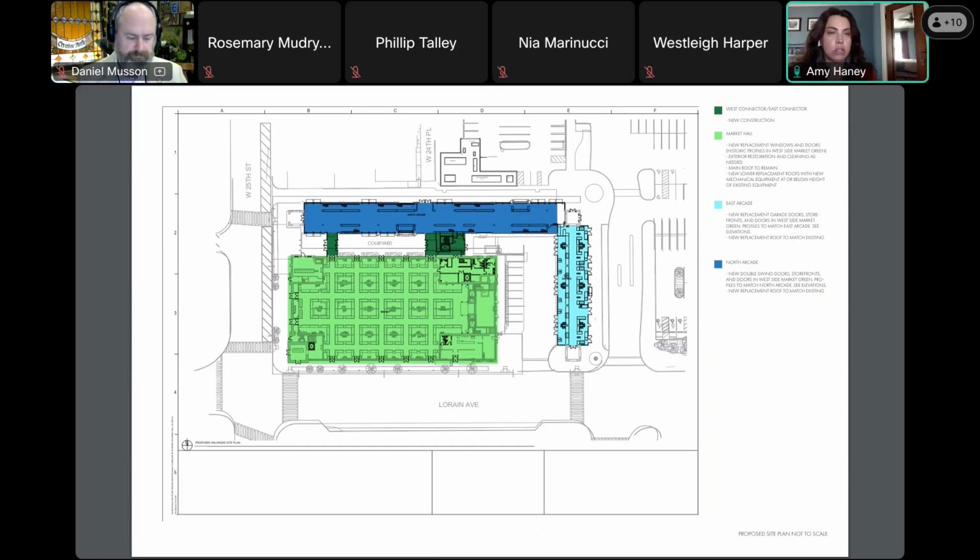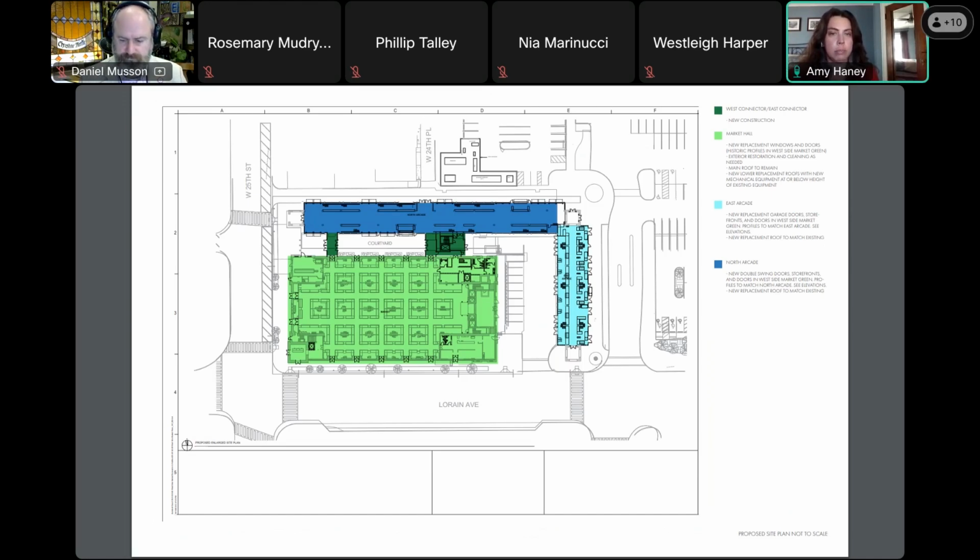And then the only new construction that we are proposing are what we're calling the connectors. Those are in the green there. We have the west connector, which is just a pass-through that is covered with a roof. And then the east connector is a connection between the arcade and the market hall. That will also house stairs to get down into a basement level that is actually underneath the alley at that location, and a new service elevator that will service the North Arcade and the produce vendors to get out into that service alley and then to get their product into their vendor stalls.